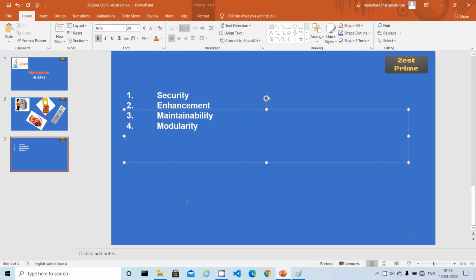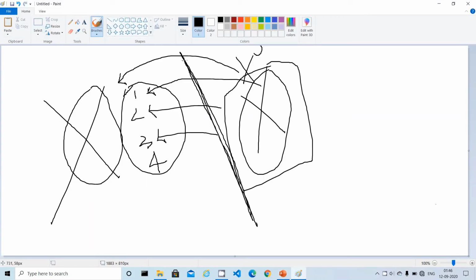The second point is enhancement. How are we going to achieve enhancement? If you take the service example, here we are drawing a line in such a way that the technology or implementation can be changed at any time. Only the API names we keep the same, so the end user doesn't need to make any change whenever we change the technology.